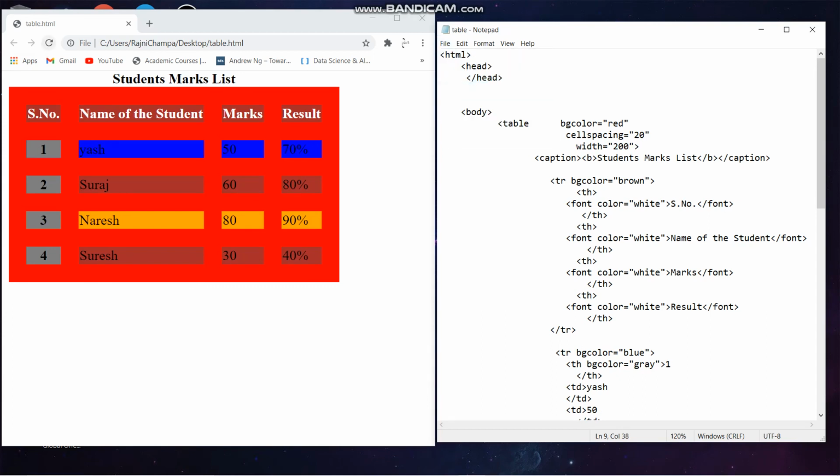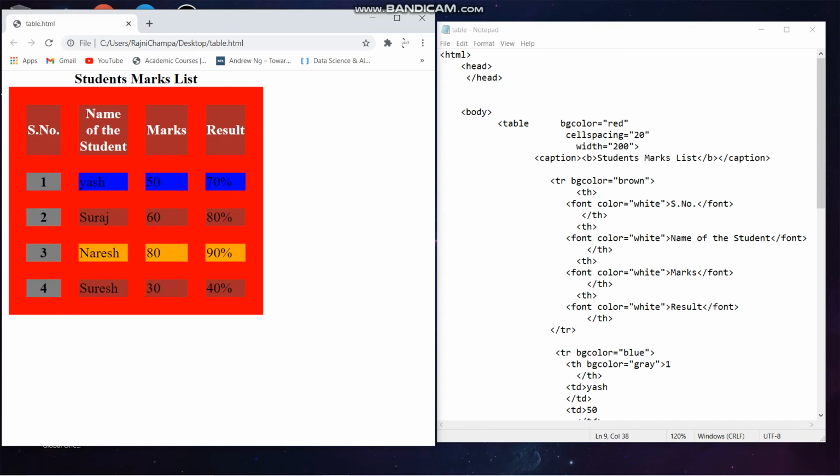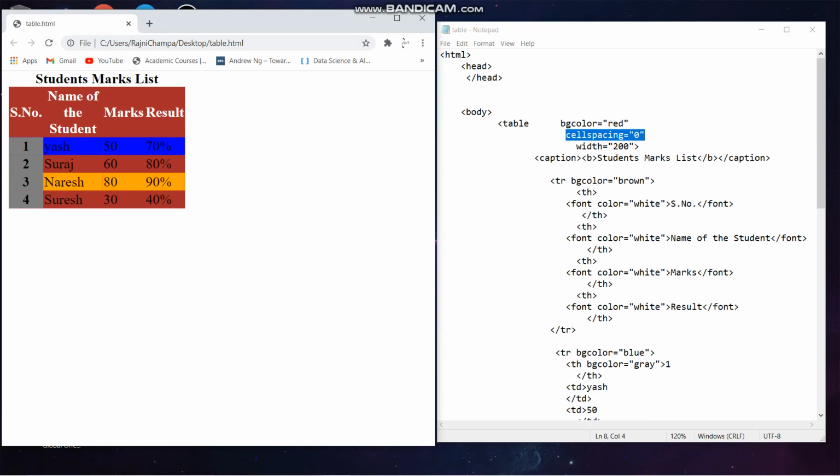So here you go, you have written width. Also see that it is doing the cell wrap, it is doing the data wrapping also. The name of a student was coming on a single line. Now I'm giving 0 to the cell spacing. Here you can see how the cell spacing has become 0. I'm giving normal